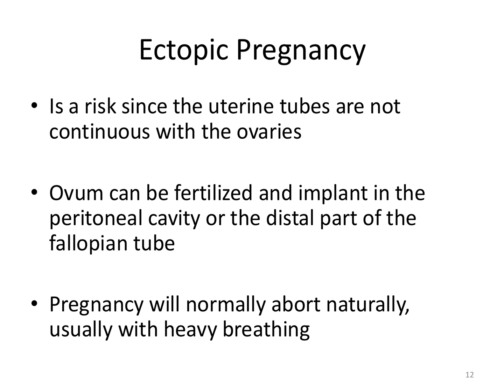Now, because the uterine tubes aren't continuous with the ovaries, it is possible for the ovum to become fertilized and implant into either the peritoneal cavity or the distal portion of the fallopian tube. Neither the peritoneal cavity or the distal portion of the fallopian tube are set up to carry a fetus to term. So usually the pregnancy is going to abort naturally